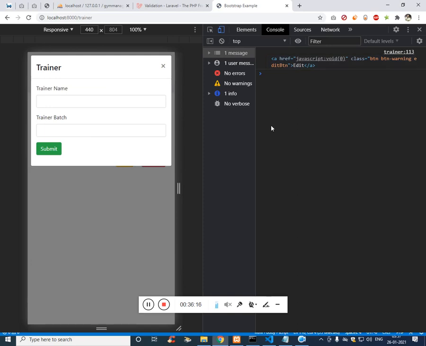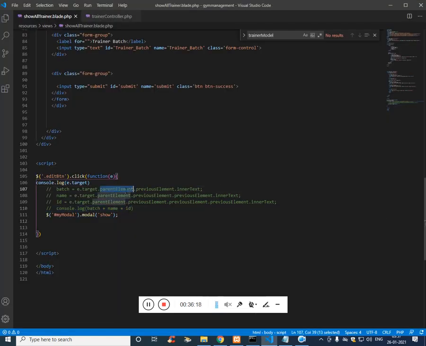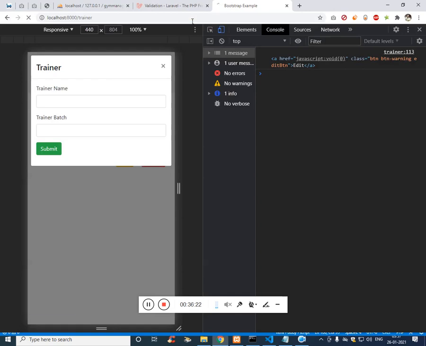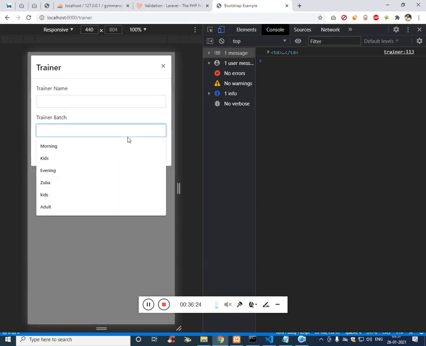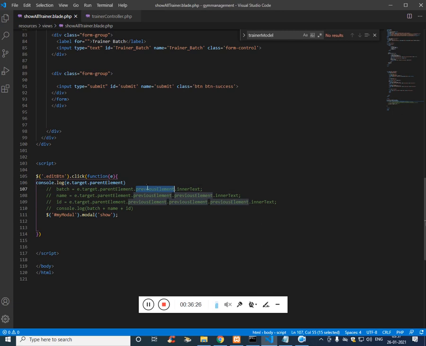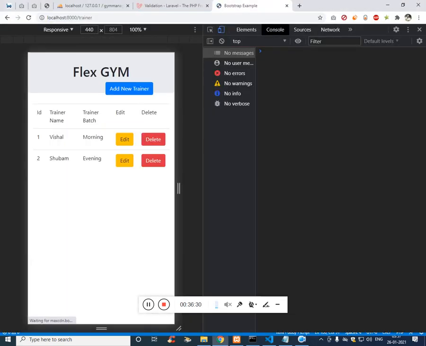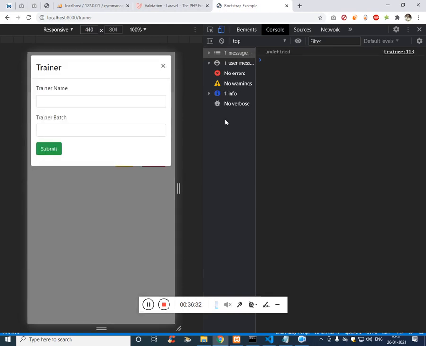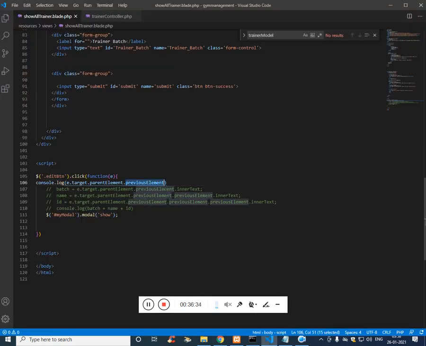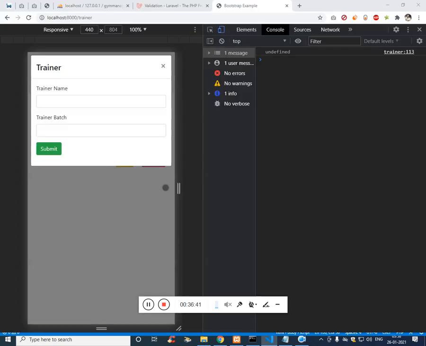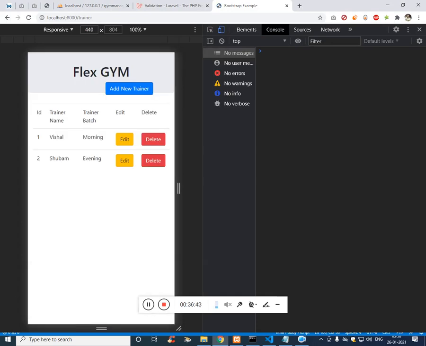We got the button, and then the parent element should give the td of the button, and the previous element should give the previous element. Spelling, previous, previous element sibling. Actually it's previousElementSibling.